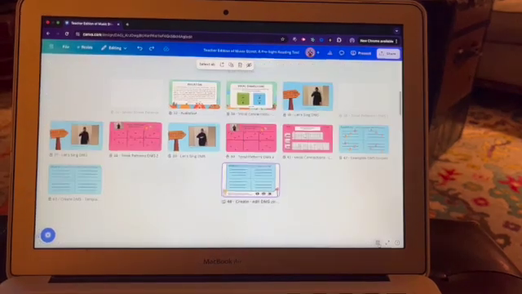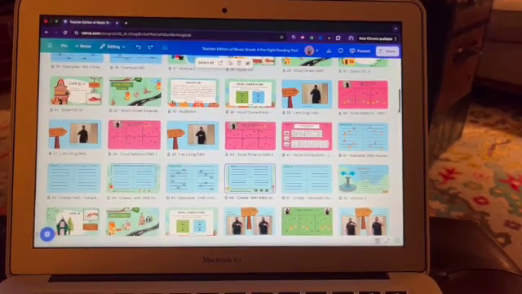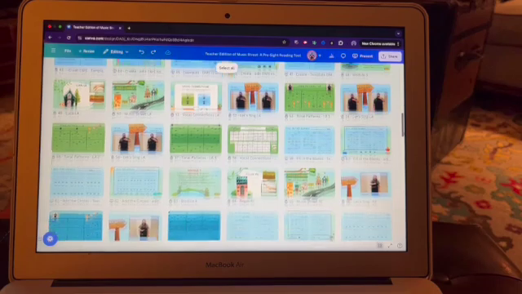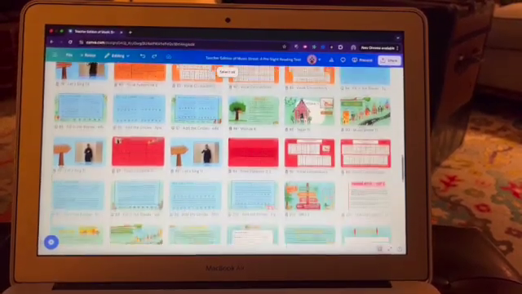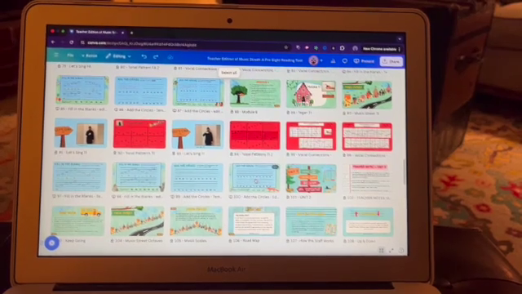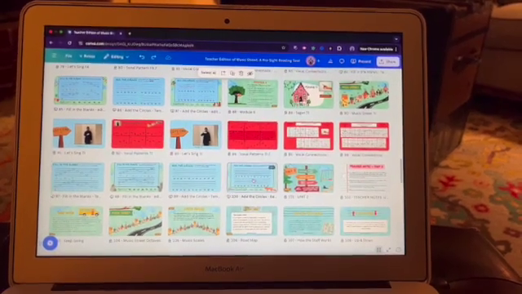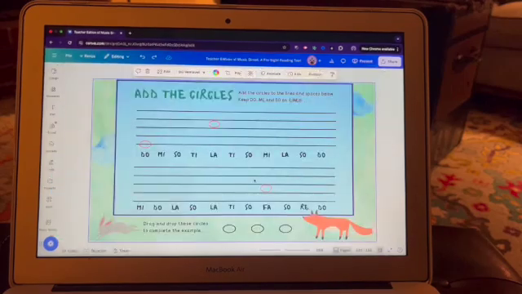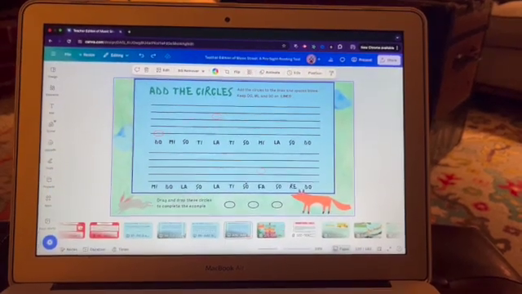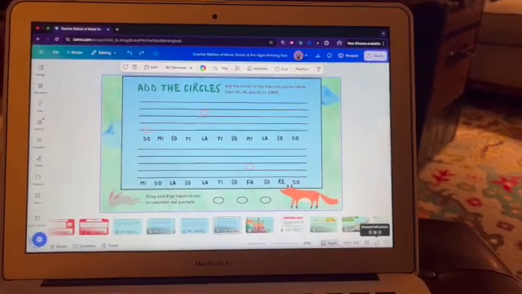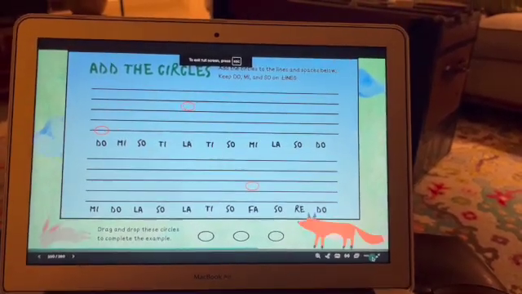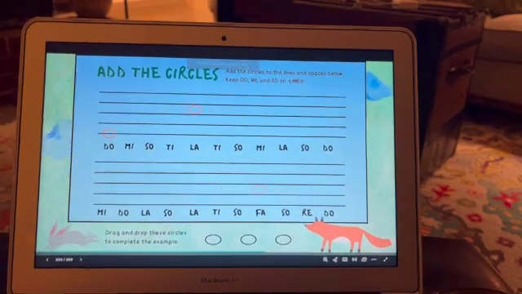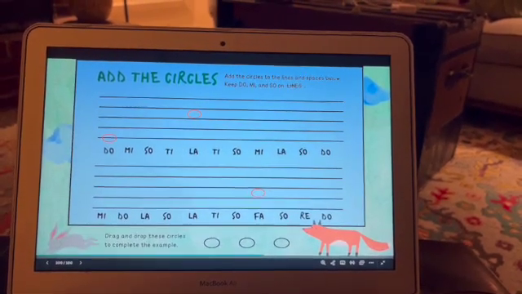So I'm going to click it to where I can see more manipulative options for you. Let's look at, how about this one? So again, to look at it, if you're showing your students from the get-go, you would have it in presentation mode to show them. Now, obviously, if you have a smart board, you don't even have to worry about the